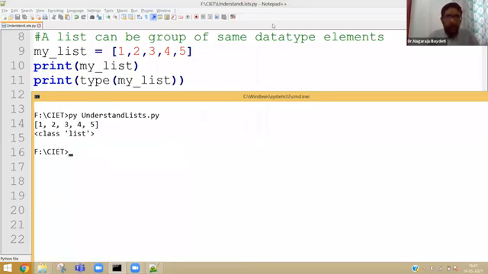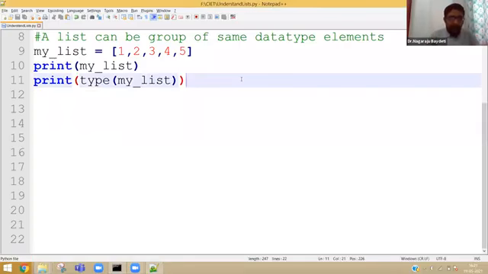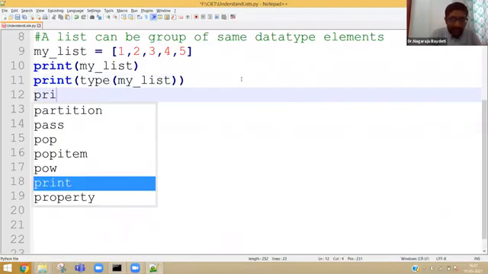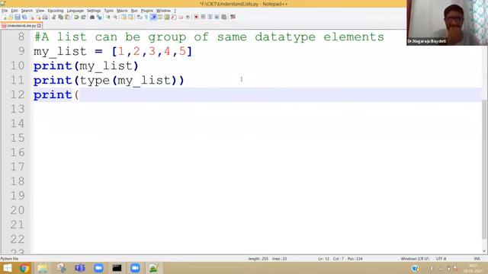Now, let us try to understand one small hidden concept in MyList. Let us try to understand what is the address of this particular MyList. For example, the ID of MyList, where it is stored.